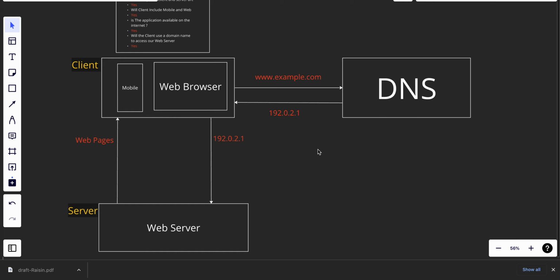Usually DNS is most of the time a paid service provided by third-party applications. So it's not hosted in our server, and we don't have to care about how DNS works. The DNS returns an internet protocol address, IP address, and when it's returned to the client,